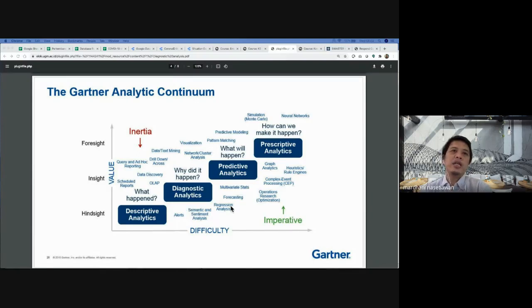We do regression analysis, forecasting, multivariate statistics, and operations research that focuses on optimization, for example. Then we do CEP, complex event processing, graph analytics, and heuristics or rule engines. So that also has the same things.